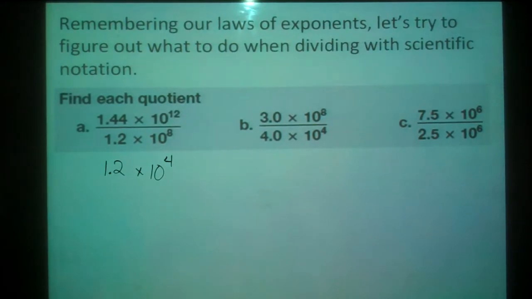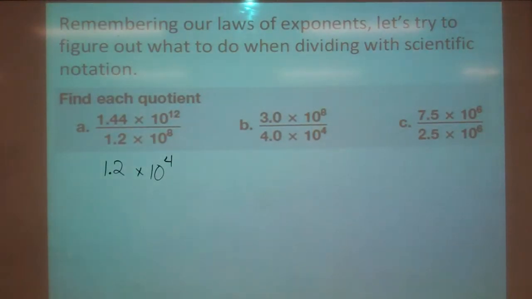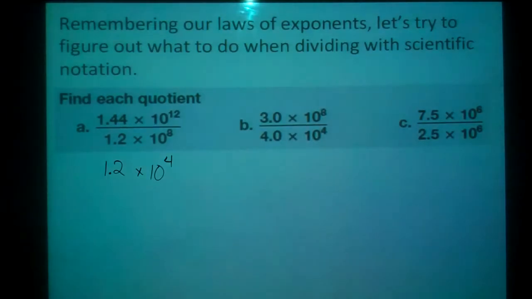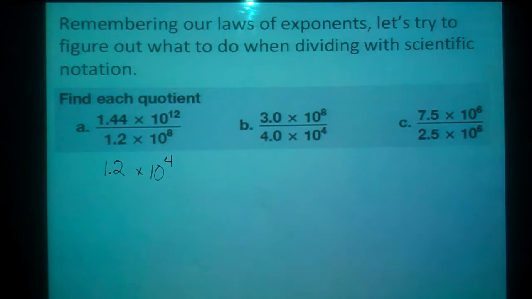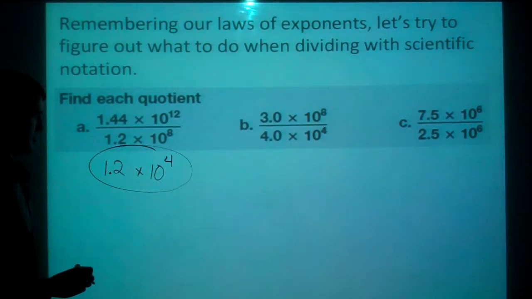Alright. Well, let's make sure that's correct. It is. And that one's in good form. Okay? This one is in scientific notation form. Sorry, I had to double check that. I had a little